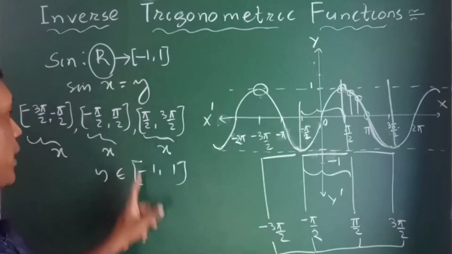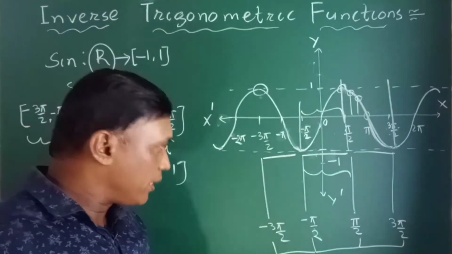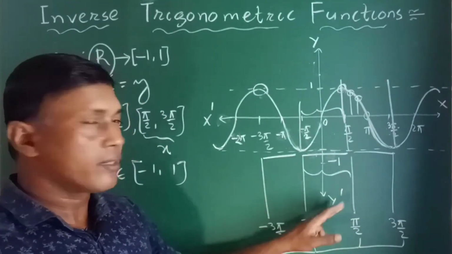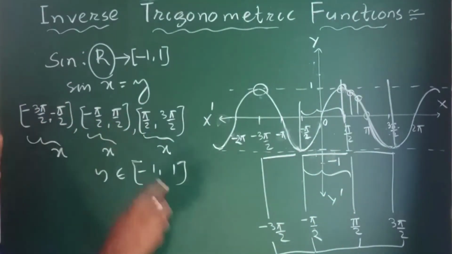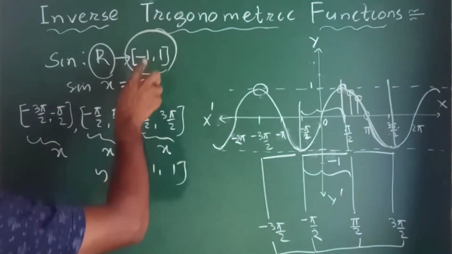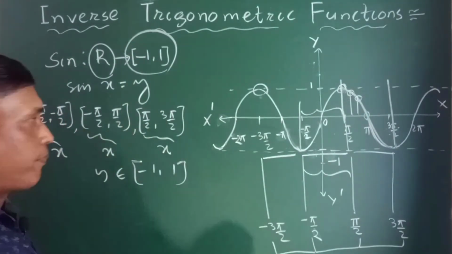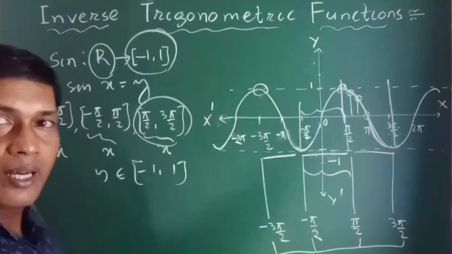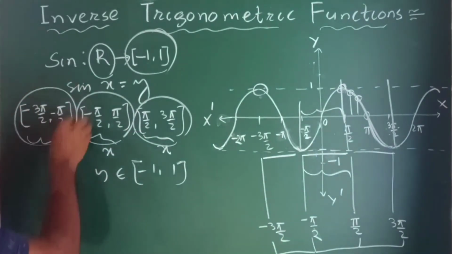y जब रहेगा minus 1 to 1, x कहाँ रहेगा? R सेट में. That means inside any one of these intervals. ये जो interval से यही interval में कोई ना कोई interval में रहेगा. So these are the intervals where sine function is bijective with same image. Image समान है, कोडोमेन समान है, बट डोमेन डिफर करेगा. अगर तुम साइन का डोमेन ये इंटरवल ले जाएंगे तो भी होगा बाइजेक्टिव, अगर ये इंटरवल ले जाएंगे तो भी बाइजेक्टिव, अगर ये इंटरवल ले जाएंगे तो भी बाइजेक्टिव.